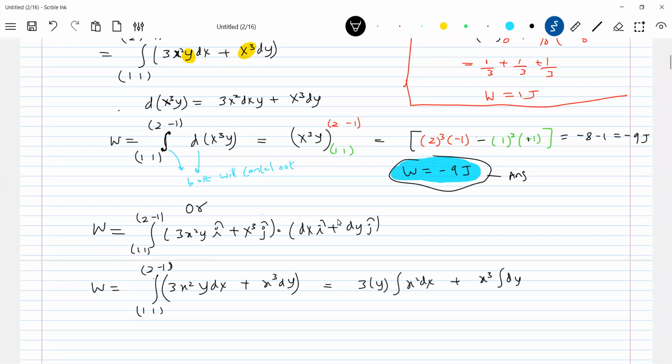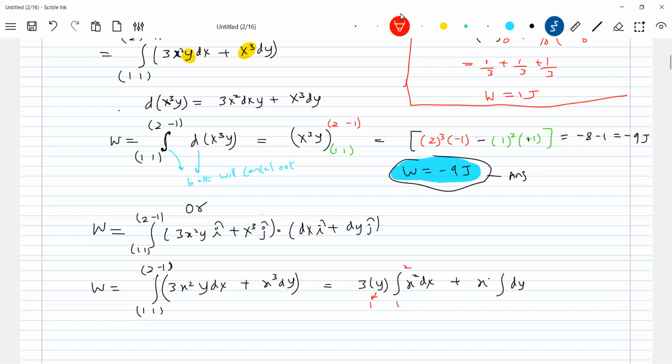Definitely you can see that the way we write things is a little bit confusing for everyone. That's why the mathematical approach was brought here. First, you are at 1 comma 1, no? When you are at 1 comma 1, what is the value of y? The value of y is 1 and x is, you are moving along the x-axis where the displacement is from x equal to 1 to x equal to 2 meters. So what should be the limit? The limit will be from 1 to 2 meter. And what is the value of y? The value of y is 1.